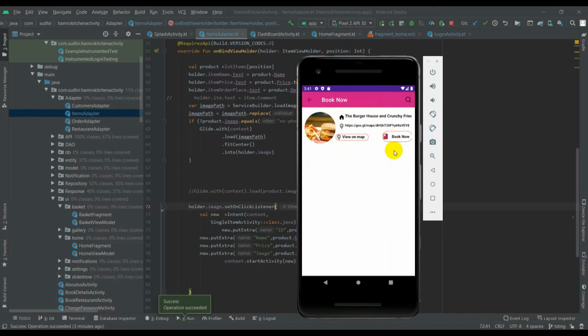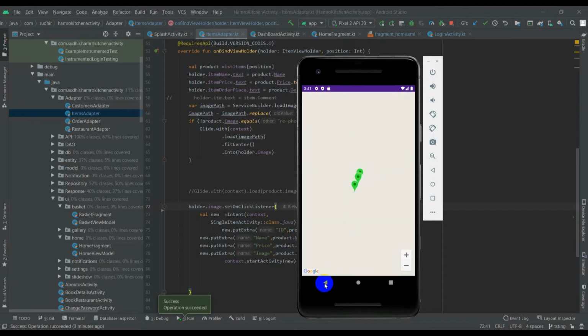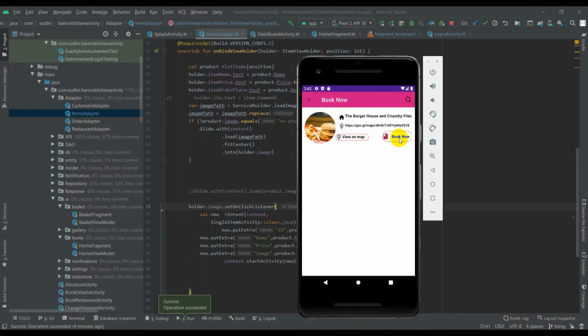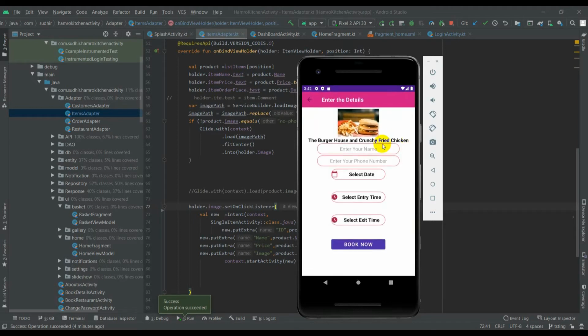And then I can also view the location of the restaurant on the map. And I can book the restaurant by clicking book now.